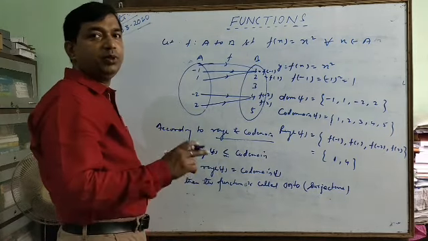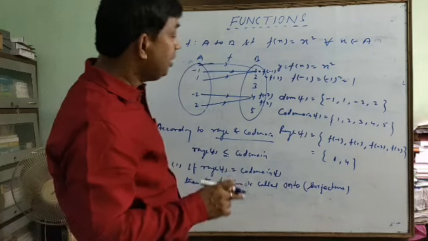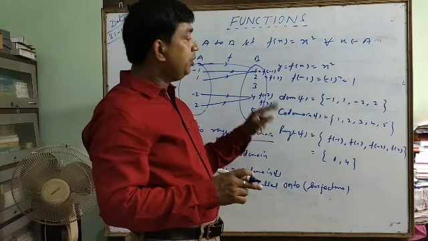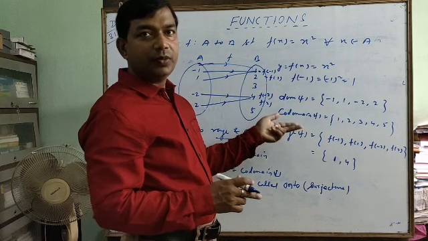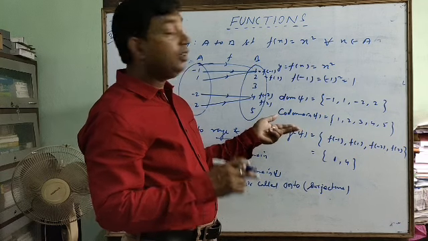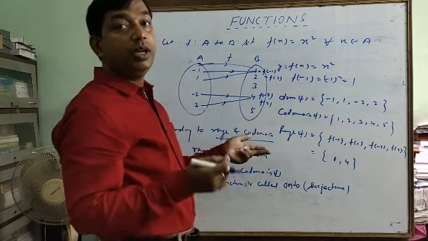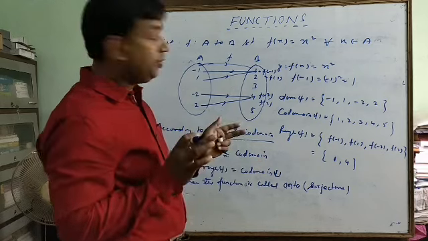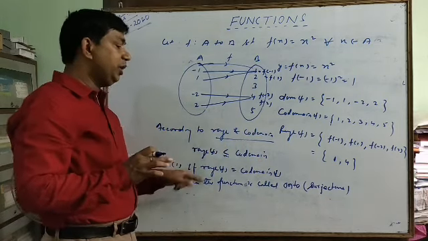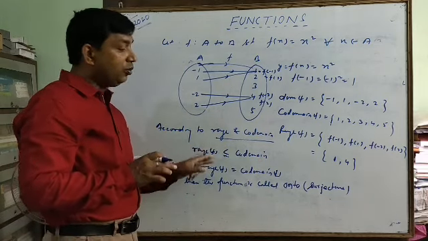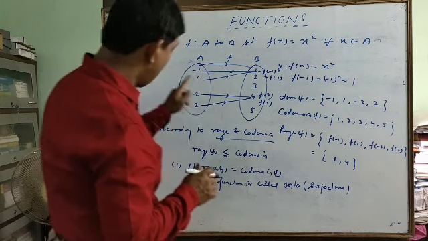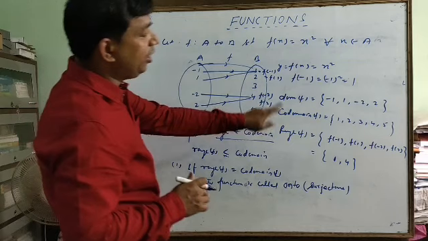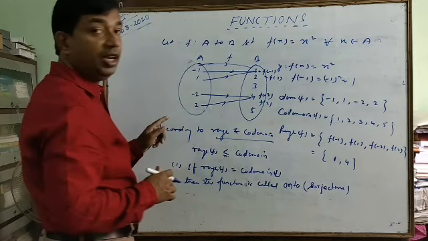Subset or proper subset, both are different. In case of a subset, every element of A is in that set means it is a subset, but for a proper subset, set B contains at least one element which is not in A. So here range and codomain are equal. So when range and codomain are equal, then it is called onto, but in the above case range and codomain are not the same, that is why it is called into